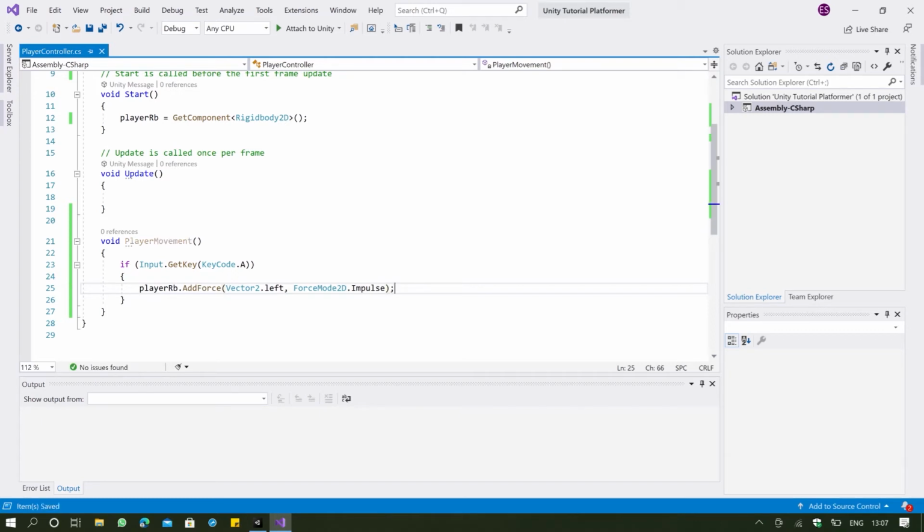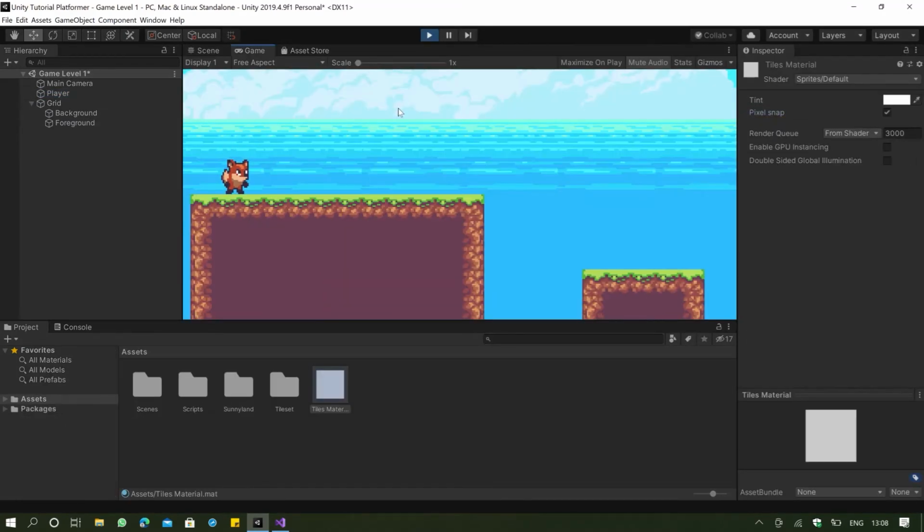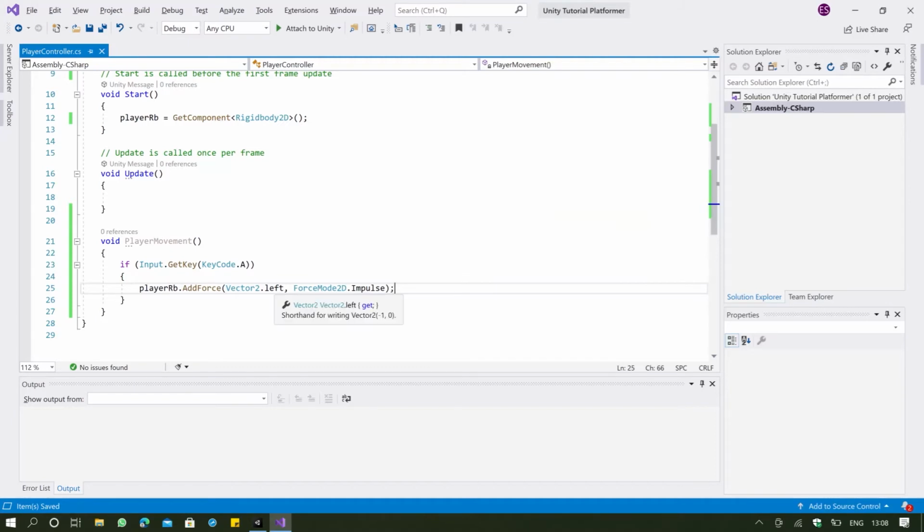Control S, so that yellow bar is now saved. And let's just try to move our character. As you can see, when I click A, it does not move. Well, the main reason why it does not move is because I only set Vector2.left. I gave a direction for it to push, but there is no value that can increasingly, exponentially push the character